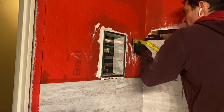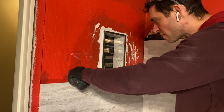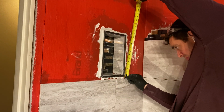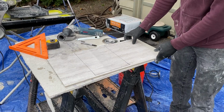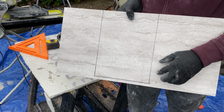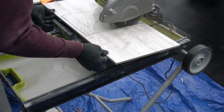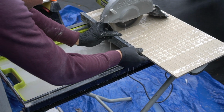Now for the real challenging tile piece. Now this is, in all honesty, one of the hardest tiles I've ever had to cut, and it's my own darn fault for doing so. I actually accounted for the height incorrectly because I was accounting for the fact that those large tiles were 12 inches with a 1/16 of an inch grout line. The tile itself, in all honesty, is 11 3/4 inch tall, not 12 inches tall. So that's why I have a 1/2 inch space at the bottom of the tile, and if I did it correctly and I should have measured, I wouldn't have had to cut such a hard, difficult tile to cut. So just think about that next time, everyone, because hopefully you're not having to do what I had to do